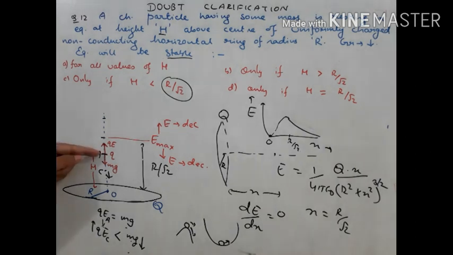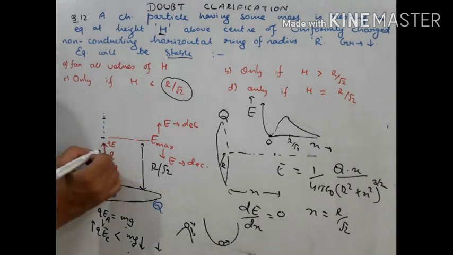Do you think if you slightly shift it from point A to C, can it come back to A? No. Why no? Because on shifting to point C, the net force comes out to be in which direction? Net force will be in downward direction. That's why this is unstable equilibrium. Let's see one more case. If it goes upward,